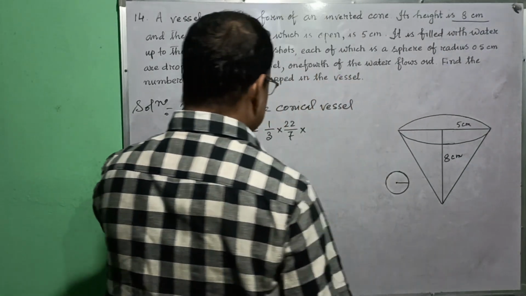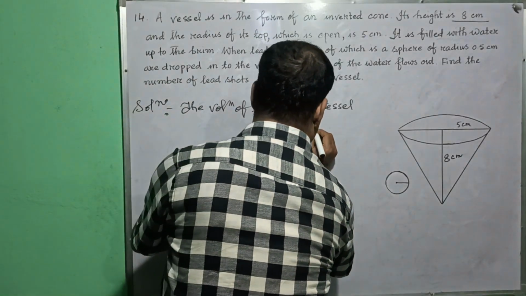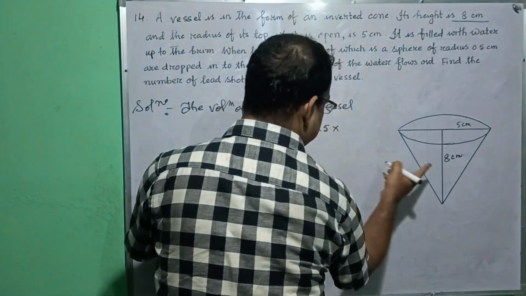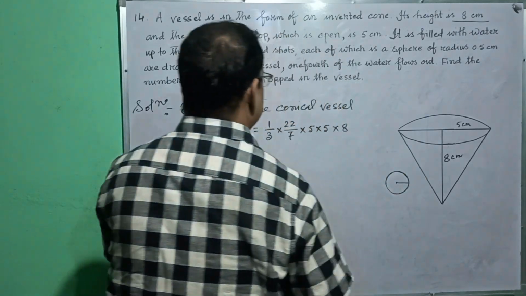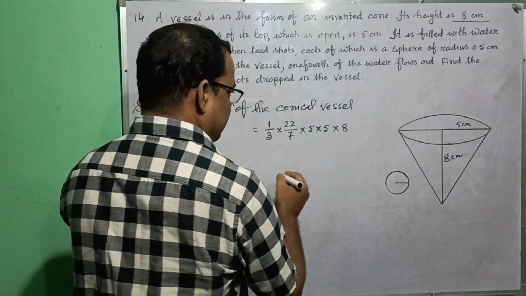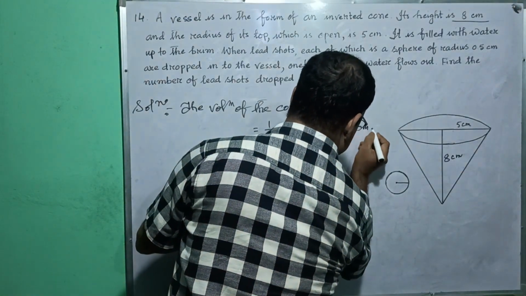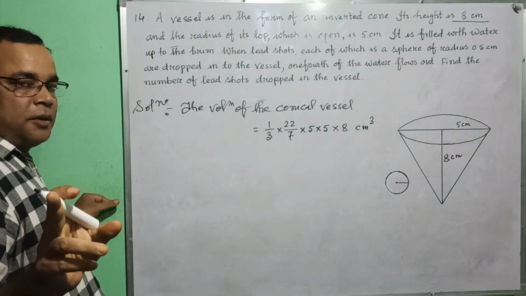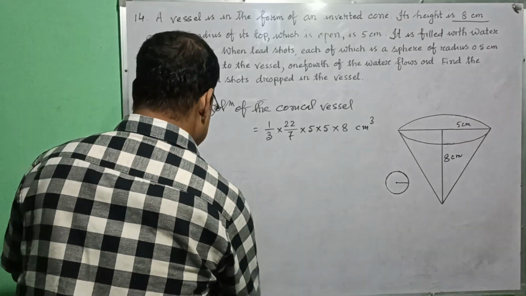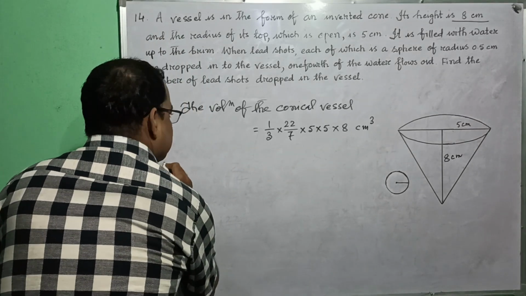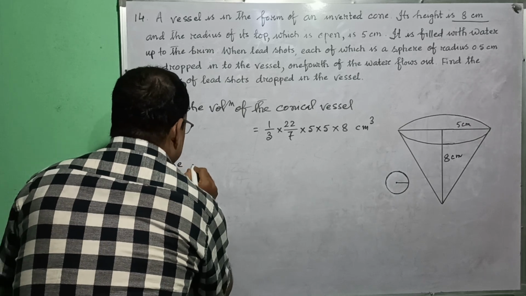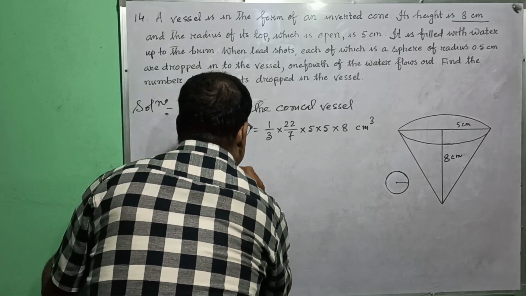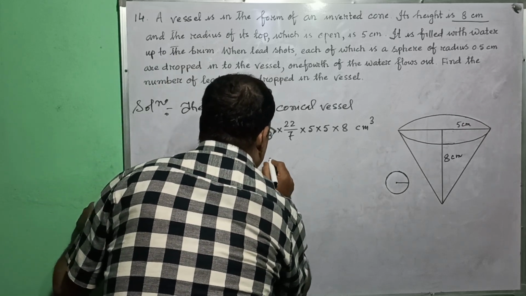Now we will write 1/3 pi r square, it means 5 into 5 into h. So h is 8. So this is the volume of the conical vessel. We will give the unit centimeter cube. Now we will find the volume of each spherical shot. So we write the volume of each lead shot